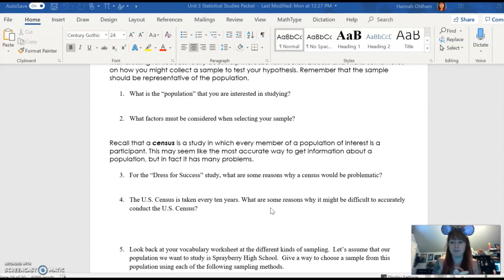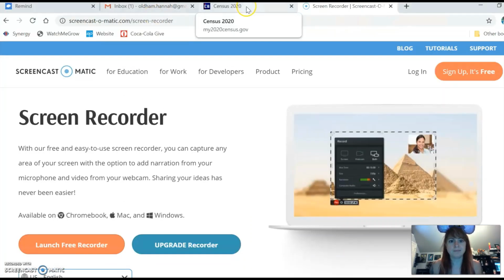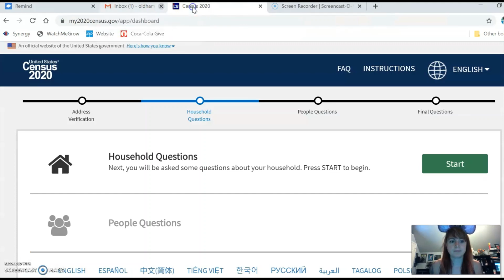How do we account for people in jail or in college, or who move a lot, or have two households, or are homeless, or people who don't answer, or all of these different things, okay? So I am going to walk through where we are. So I've already logged in to the census form, okay?